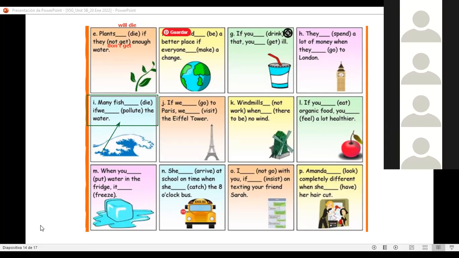Many fish will die. We don't pollute. Ojo, muchos pescaditos van a morir si no contaminamos el agua.